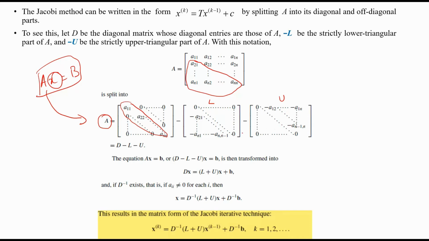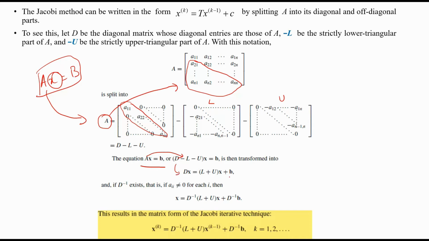So I can write the equation Ax equals B as D minus L minus U into X equals B, because A can now be written like this. See, this is my A. You can easily see that this will be equal to this. So now A can be written as this. Now, you can easily see that from this I can get this.